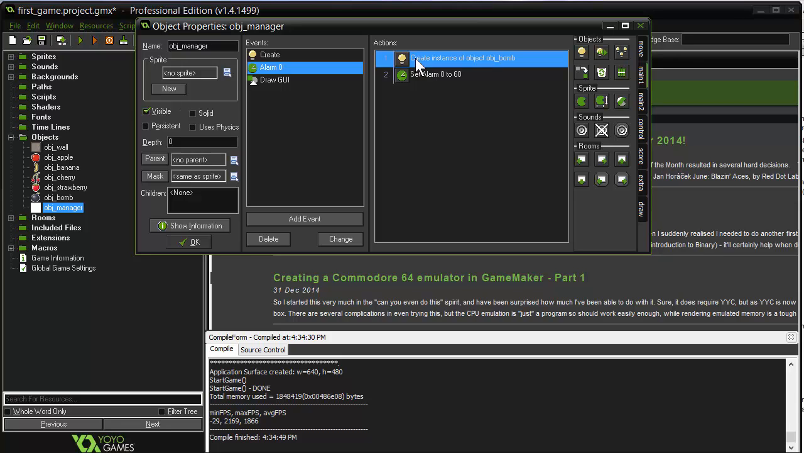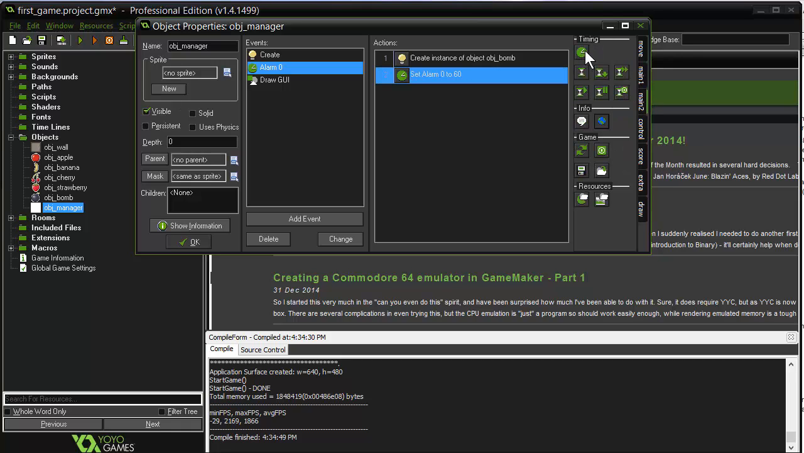In order to create more bombs, inside this alarm 0 event, we're going to add a second action. And that second action is simply going to be to set another alarm. We're going to set alarm 0 again to 60. So basically the same action that we did here in the create event, we're going to do in the alarm 0 event. So now if you think how that works, the alarm gets set initially, counts down to 0. When it reaches 0, it triggers the alarm 0 event. That creates a bomb on the screen,